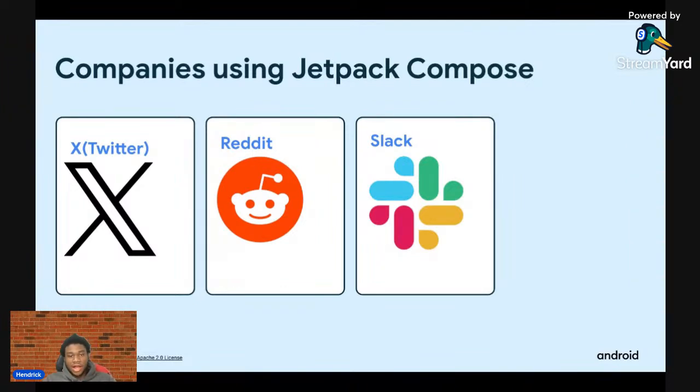Reddit is also one popular app that has migrated to Jetpack Compose. If you notice, these bigger companies are migrating their apps to Jetpack Compose, not building from scratch, and that's because of how interoperable Jetpack Compose is with the already existing XML framework. Slack is also one of the more popular examples, and these are companies that have reported improved developer productivity ever since migrating to Jetpack Compose, and I do hope even more companies are buying into Jetpack Compose as we speak.